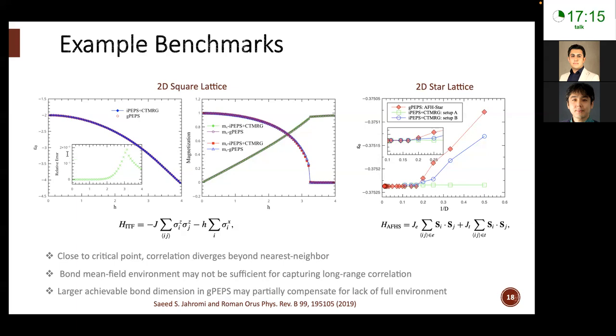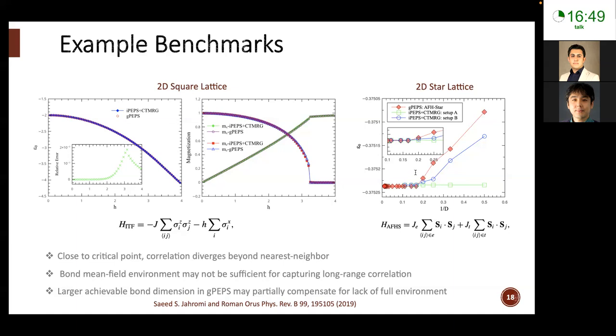This is obvious, you would see here that the relative error also increases. However, it's still in the order of 10 to the power minus 3. So depending on the model and the regime of the parameters that you're studying, this algorithm can still be very efficient. And this is also another benchmark result for comparing the energy for the anti-ferromagnetic Heisenberg model on the star